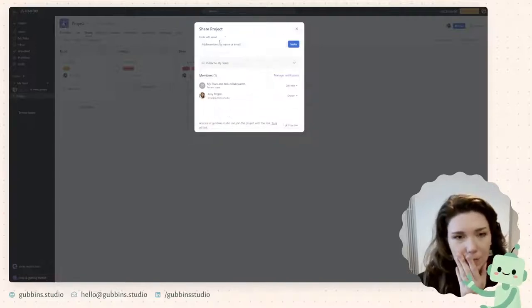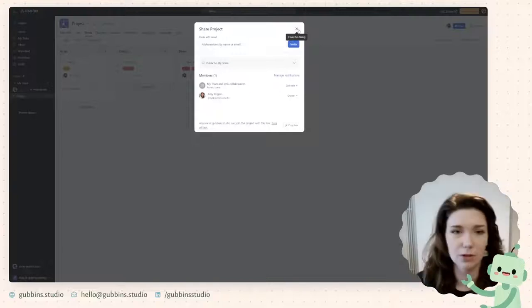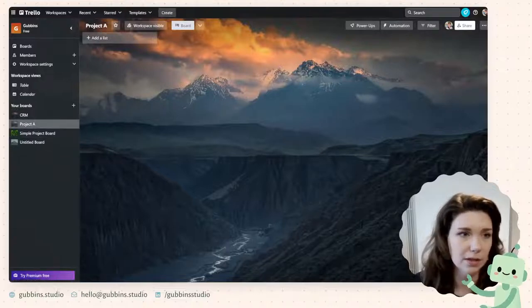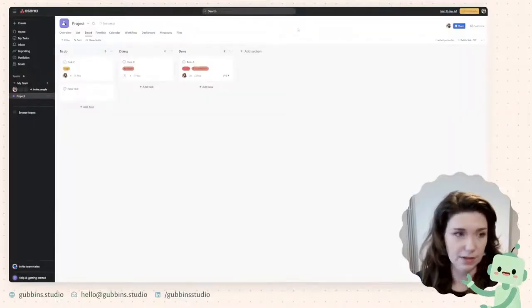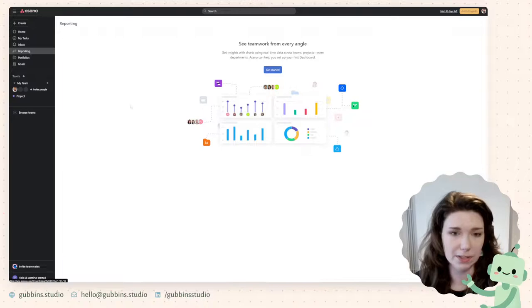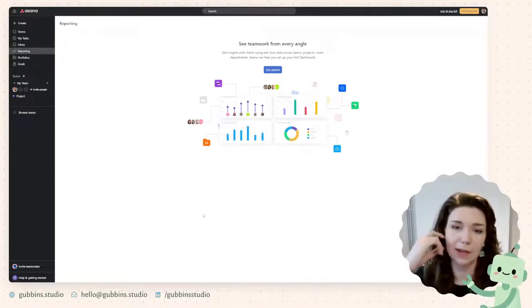Yes, so I won't go into this. If it's something that's interesting, either download this and try it yourself, or let me know and I can chase it up. But kind of like how I was explaining before with Trello, of being able to have an individual project dashboard for each of your clients or each of your projects, doing the same in Asana looks like it could be possible. Other features in Asana, like I've mentioned, the reporting dashboard, being able to work together and see who's working on what. It's quite handy.